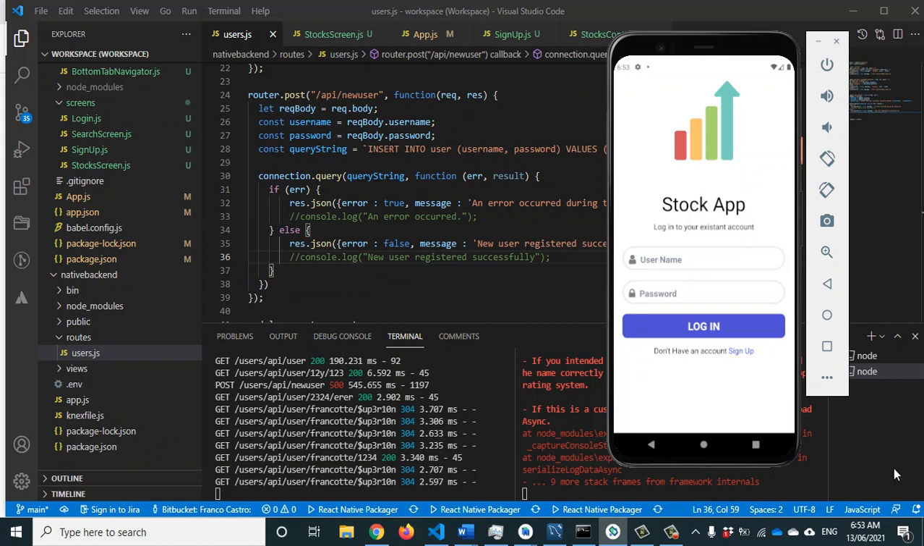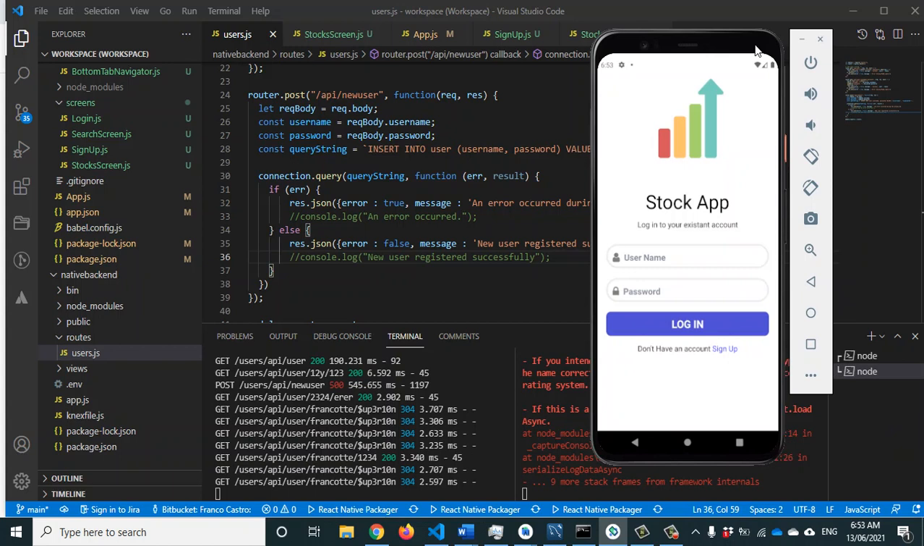Hello everyone. This time I'm going to present another application. This application is a mobile application developed with React Native. The current presentation will be on an Android platform because